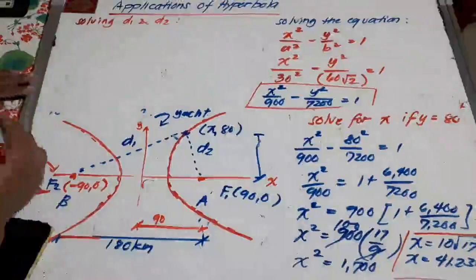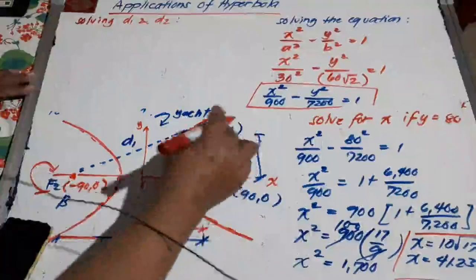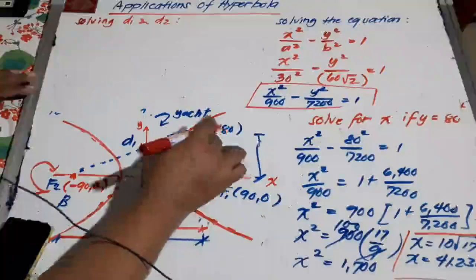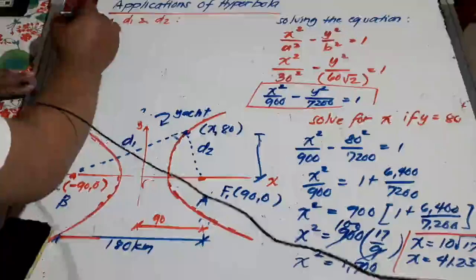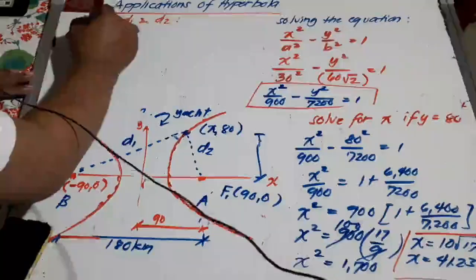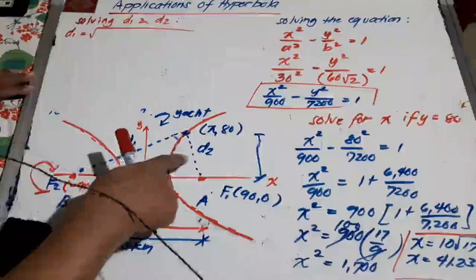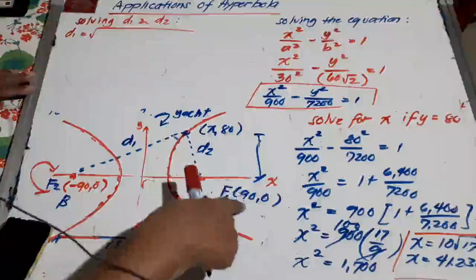Si D1 muna. So, ito ay 41.23. Okay. So, D1. Distance formula. That will be the square root of 41.23 minus 90,